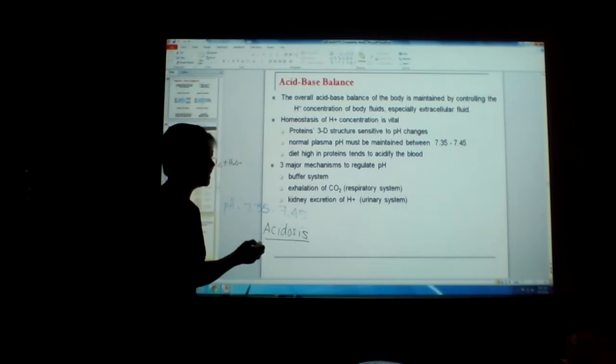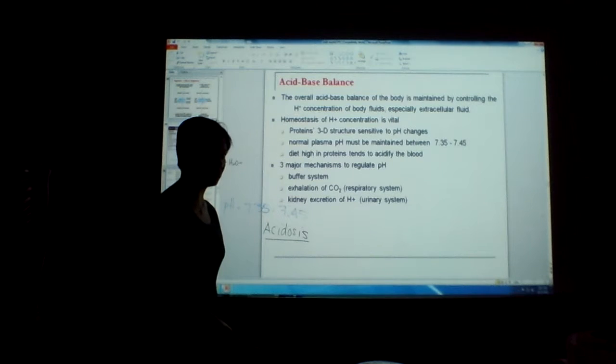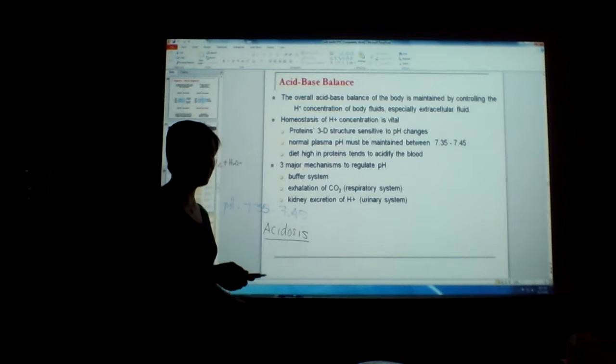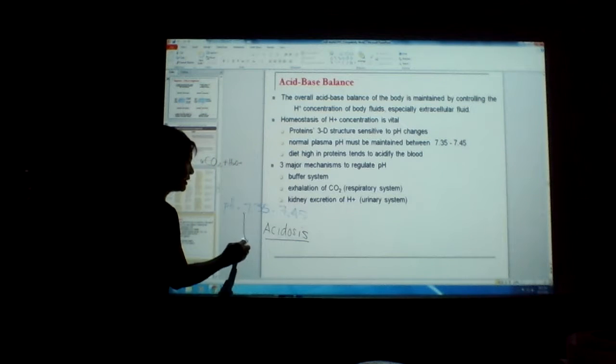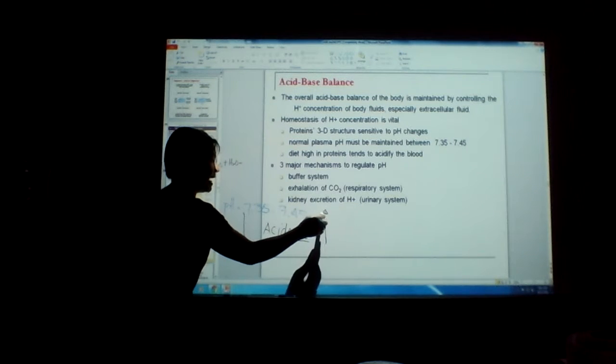With acidosis, is the pH high or low? Low. Don't forget that, okay? I remember in your final exam, the statement that the higher the pH, the more acidic the condition will be. That's false. So remember, with acidosis, the pH goes down. With alkalosis, the pH goes up.